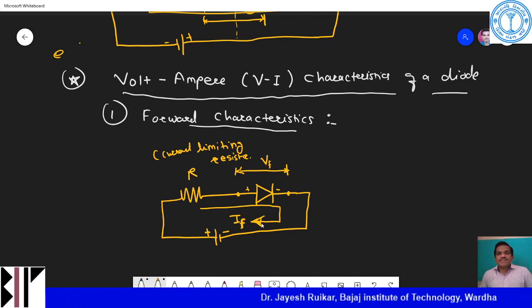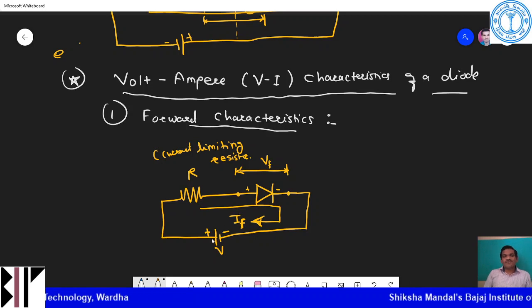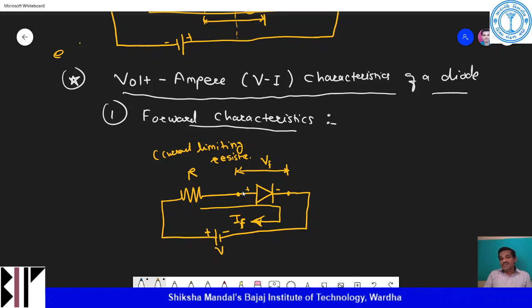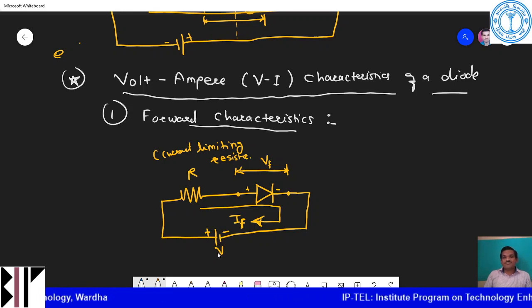I will repeat this. When you apply a voltage V to this diode in the forward bias condition, the P region of the diode is connected to the positive terminal, and the N region is connected to the negative terminal. So this is forward biasing. If you apply some voltage in this forward biasing circuit,